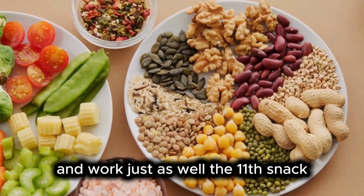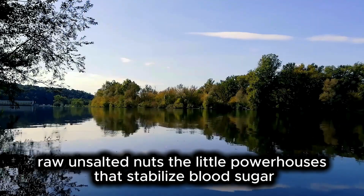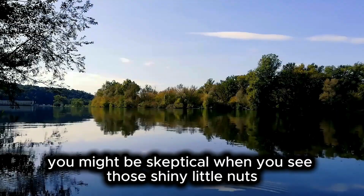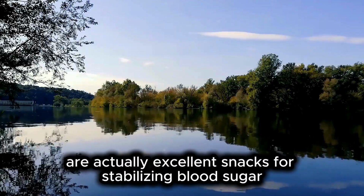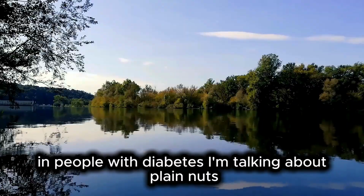The 11th snack: raw, unsalted nuts, the little powerhouses that stabilize blood sugar. You might be skeptical when you see those shiny little nuts, thinking they're just fatty treats. But raw, unsalted nuts are actually excellent snacks for stabilizing blood sugar in people with diabetes. I'm talking about plain nuts,